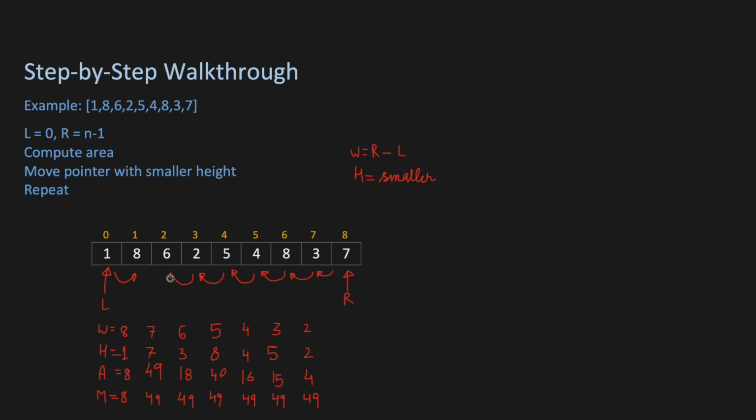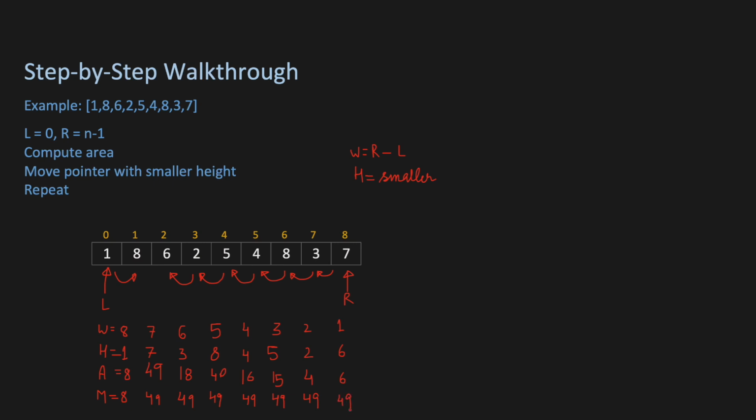R will again move backward. Width is 2 minus 1, that will be 1. Height will be 6 as 6 is smaller than 8. Area 6 and max area will remain